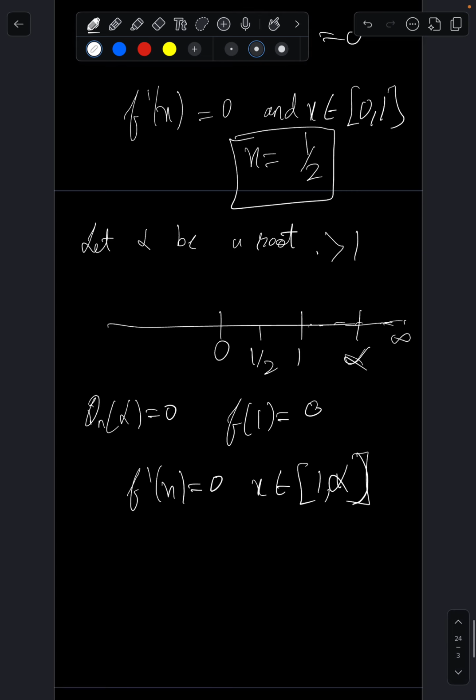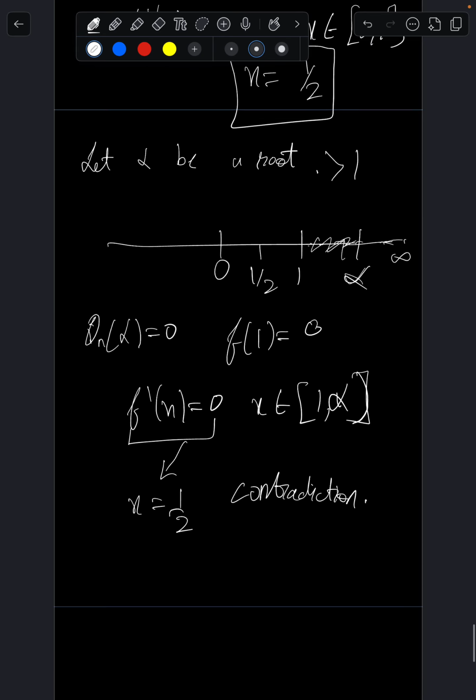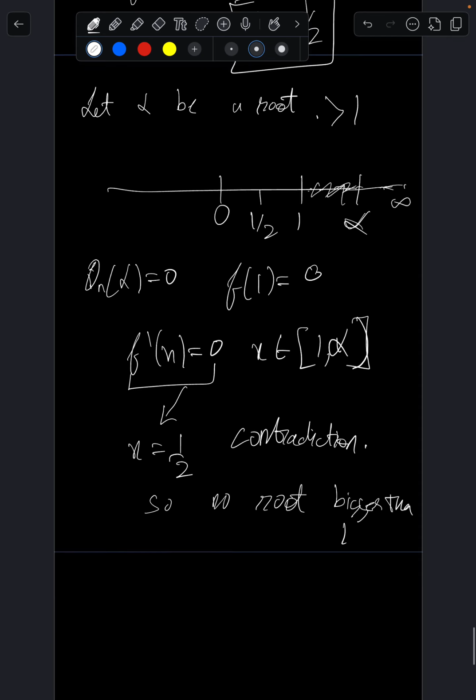But f prime of x equals 0 only at x equals 1 by 2, which is not in 1 comma alpha, so contradiction. So no root bigger than 1. Now let beta be a root